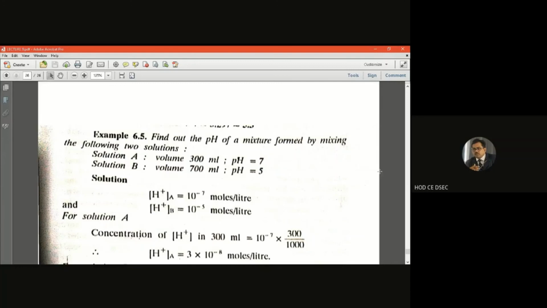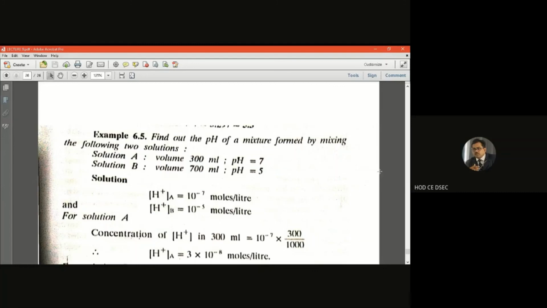Now first, from solution A, as I have told you, pH equal to 'Hathi' means H plus equal to 10 to the power minus 'Hathi'. pH equal to 'elephant' means H plus equal to 10 to the power minus 'elephant'. So here you have to keep the same concept in memory. I am telling it in that way so that you don't forget in future. The hydrogen concentration of solution A will be written as H plus within brackets, suffix A, corresponding to solution A, equal to 10 to the power minus 7.